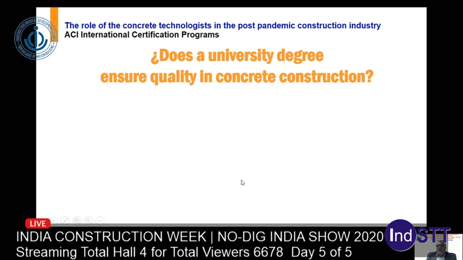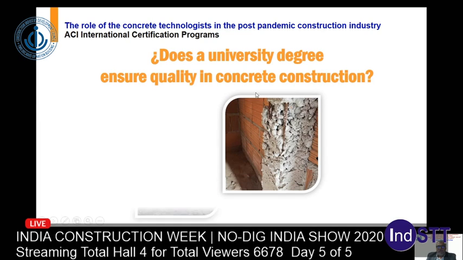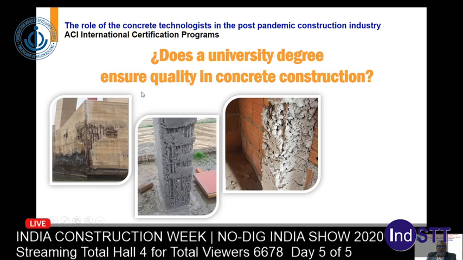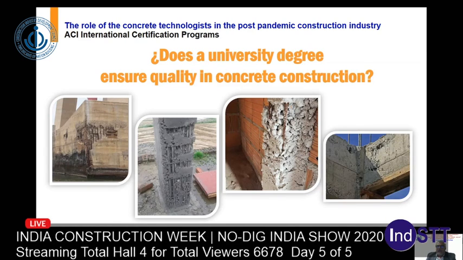But in our opinion, the information that a student at undergraduate level gets during his stay in the university is not enough. Even though some of the inspectors have a university diploma in civil engineering or architecture, we can find these problems on the construction site. So under this scenario, we think that the professional requires complementary knowledge that won't be available in the university. Part of it can be available, but most of it